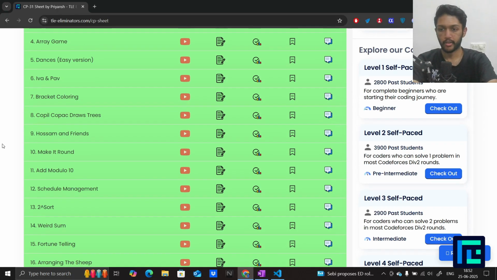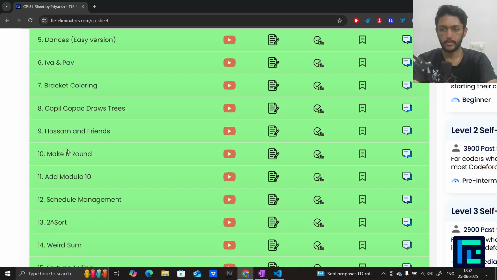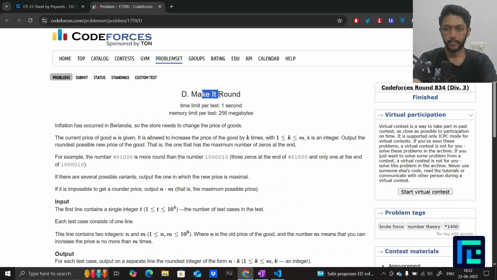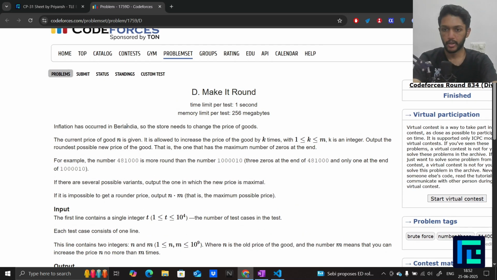As you can see, I have my sheet right here and I'll open the problem. It is called Make It Round. Inflation has occurred in Birdlandia, so the store needs to change the price of its goods. The current price of the good N is given. It is allowed to increase the price of the good by k times, with k less than or equal to m and greater than or equal to 1, where k is an integer. Output the roundest possible new price of the good, that is, the one that has the maximum number of zeros